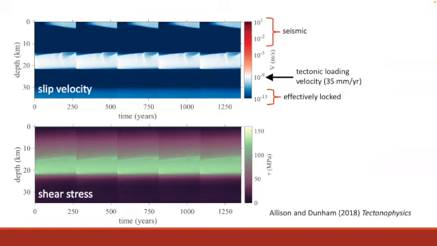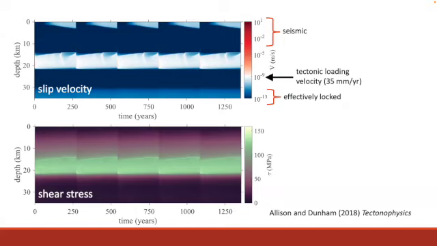So the fault is creeping at approximately the tectonic loading velocity from 15 to 20 kilometers, so in this region here, while the upper portion of the fault is locked. That causes the stress concentration to build up that's visible in the lower shear stress plot. Just looking at this plot, you'd get the impression that the fault is locked below 20 kilometers, but actually that's where the off-fault material is much weaker than the frictional strength of the fault, and thus where bulk viscous deformation